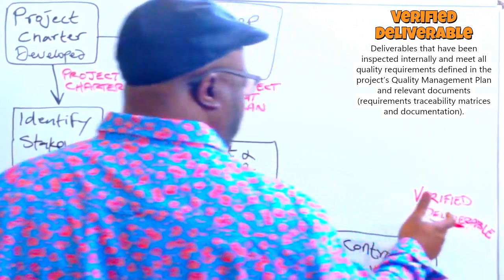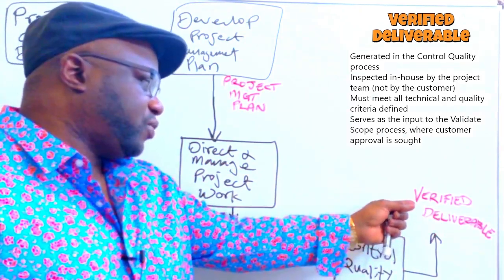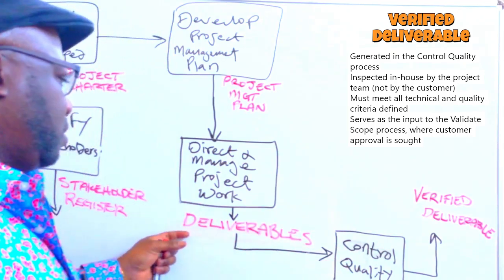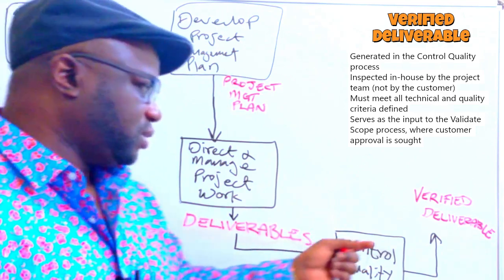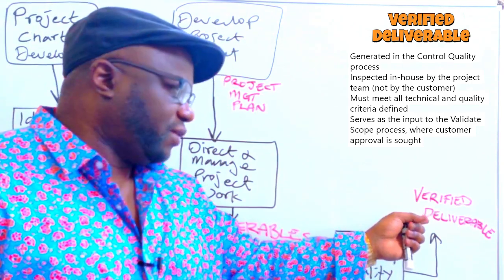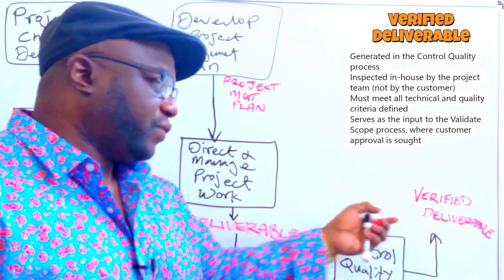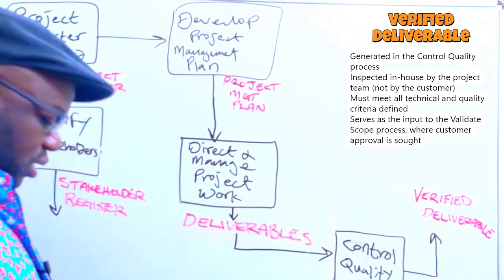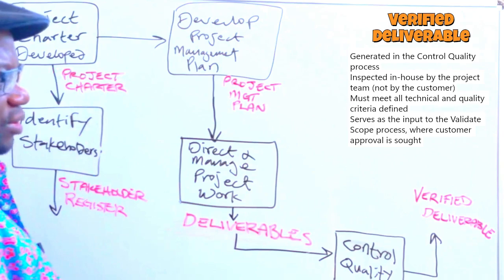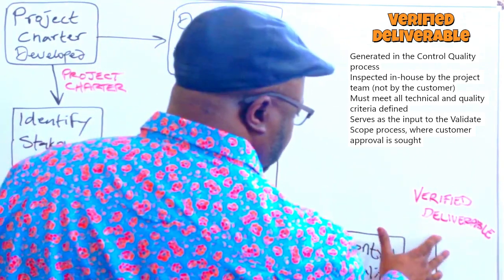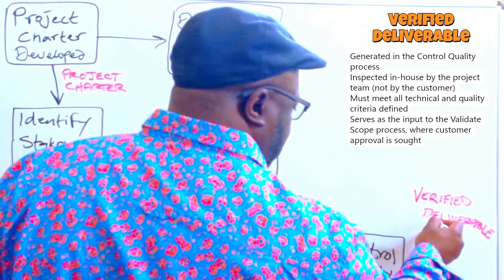Your verified deliverable is a stamp of approval. This verified means that the quality control team internal to our performing organization has assessed it, and they found that this deliverable is fit to go to the customer for the customer's inspection. It's one thing for us to say it's good as the performing organization, but it's another thing for the customer to also agree. All right, so verified deliverable is an output of control quality,